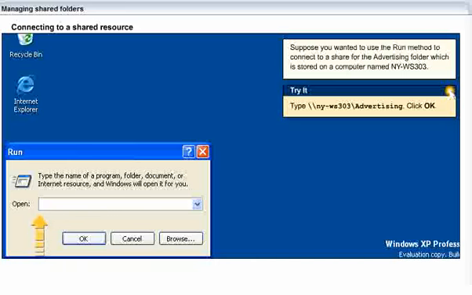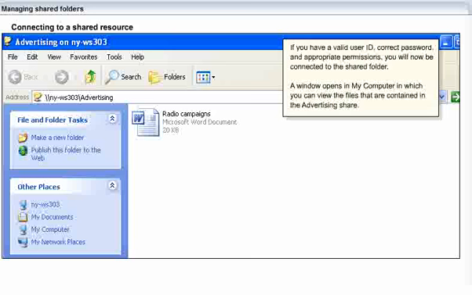Suppose you wanted to use the Run method to connect to a share for the advertising folder, which is stored on a computer named NY-WS303. Type //NY-WS303. Click OK. If you have a valid user ID, correct password, and appropriate permissions, you will now be connected to the shared folder. A window opens in My Computer in which you can view the files that are contained in the advertising